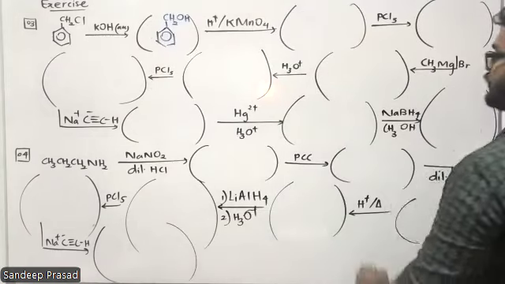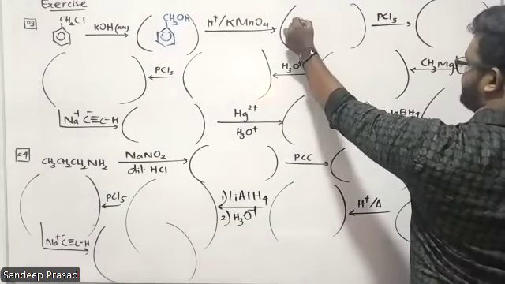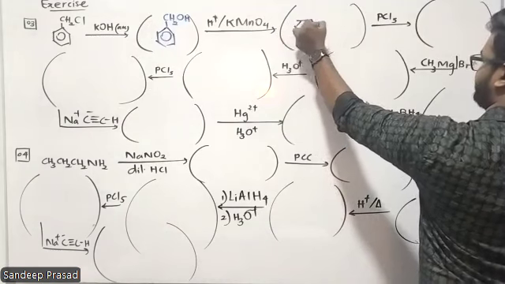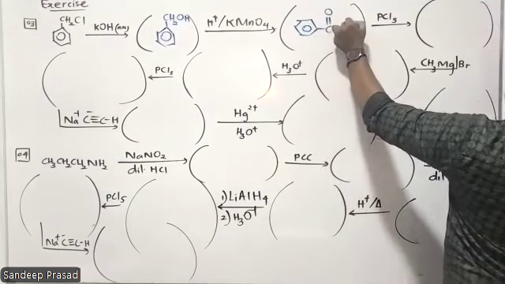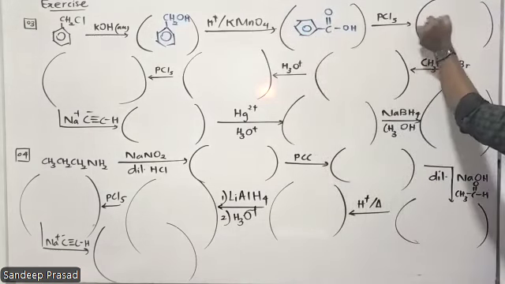Cl is converted into OH. By the addition of acidic KMnO4, it is converted into carboxylic acid. PCl5 is added, that means